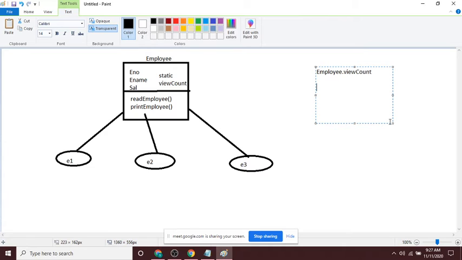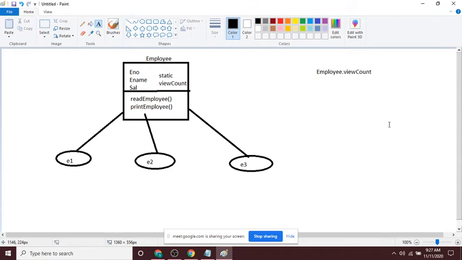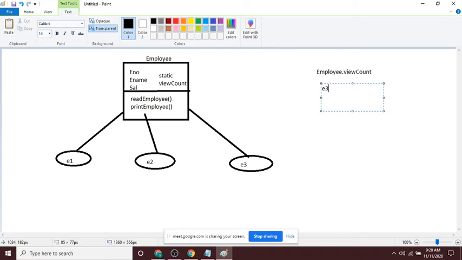So here, how many objects are there? Three objects. For example, if I give e3 dot salary, what am I accessing? I'm accessing the salary variable of which object? The e3 object. See, I can also give e3 dot view count,